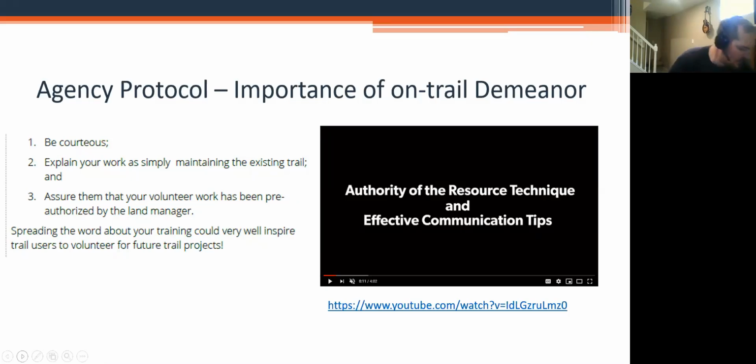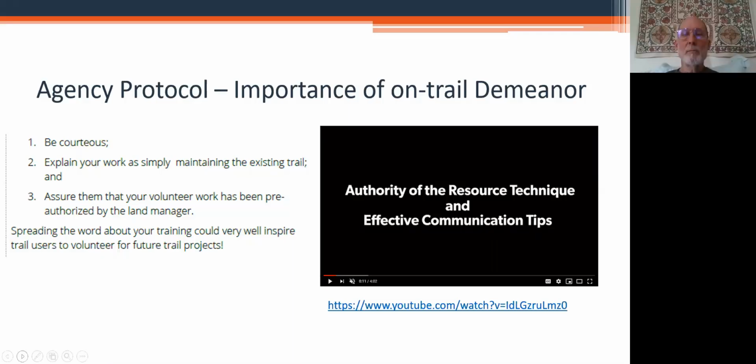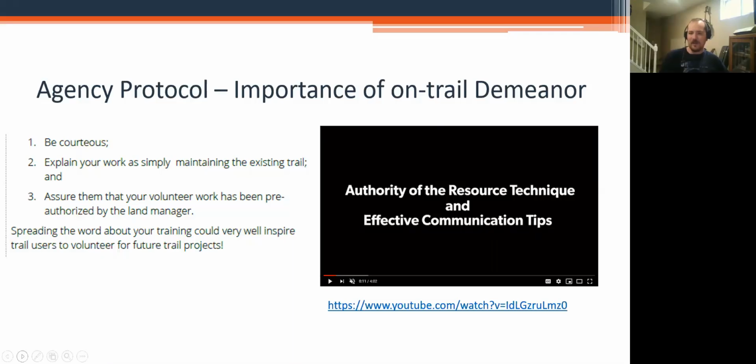One thing that we have done that I think is potentially doable in this segment, depending on how much time you feel like devoting to it, is bringing in the authority of the resource as part of this. That could especially be useful for groups where folks are doubling as public contact volunteers. Maybe they're out doing trail patrol, but they've got a shovel or a pick in their hand and are doing some basic maintenance. There's not a whole lot of time for it, and again, it does take away from any other time that you might spend doing anything else.